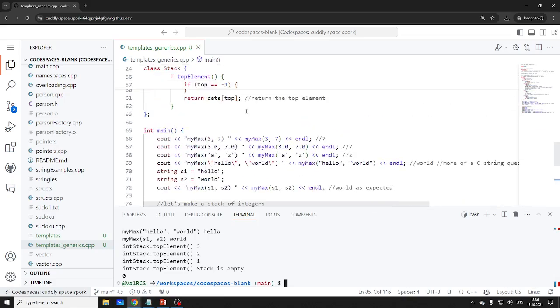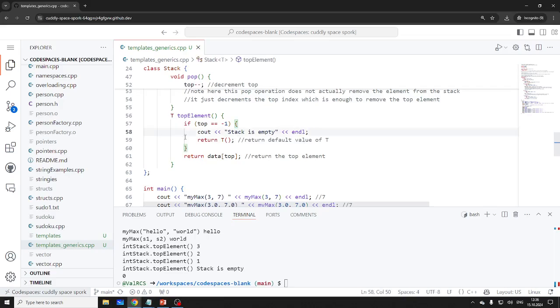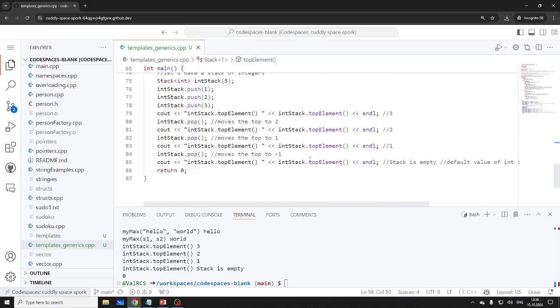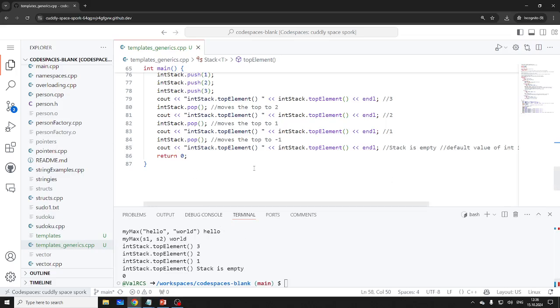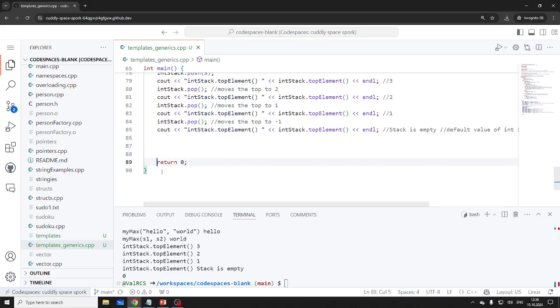In stack top element, stack is empty. It prints here, right? It prints here, yeah, and then returns, right? So this is not technically needed, right? Well, yeah. So then you return 0. Oh no, that's not that. So technically it is 0. Okay, that works. So now, of course, the beauty of this is if I need a stack of something else,